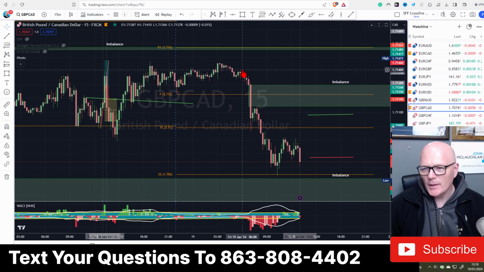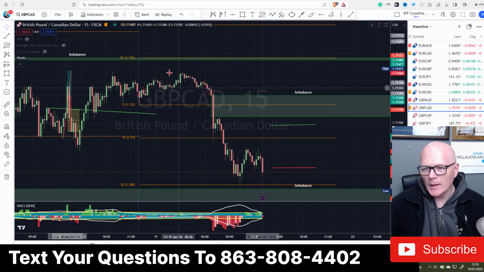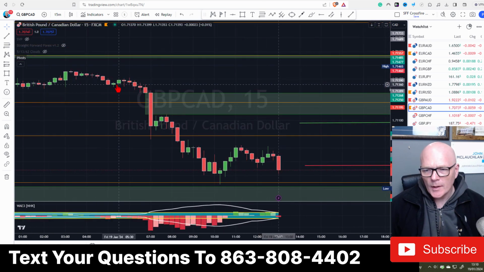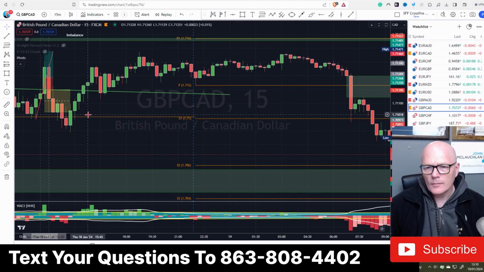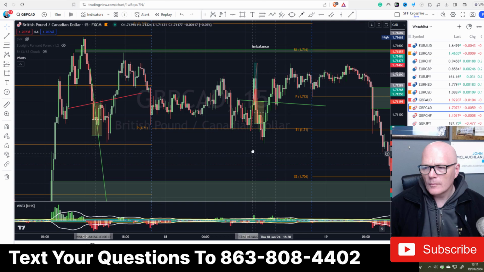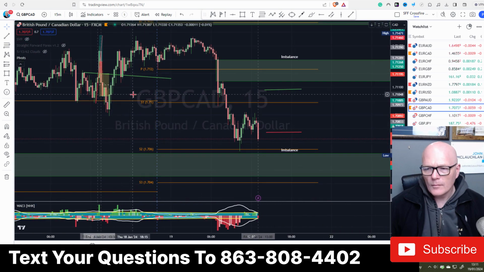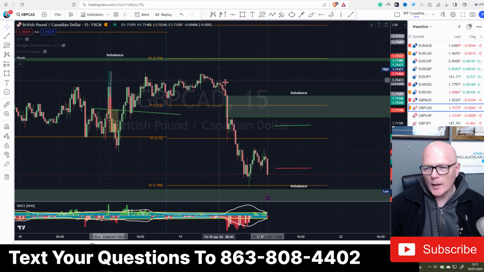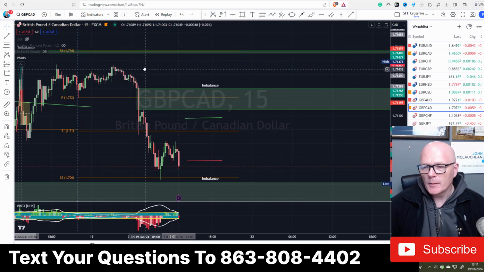So maybe tiny elements of imbalance in here, look, where you've got, no, there isn't actually. I'm looking at this, but that's all been mitigated by this move. So in terms of imbalance, all we want is anything that's below this, which is this here, and anything above this area. And we've got this little area here, so that's it for the imbalance right now.